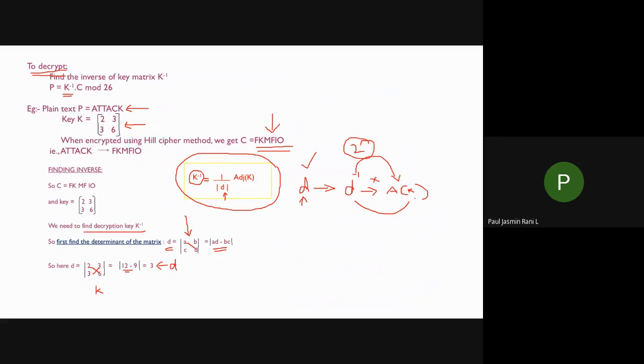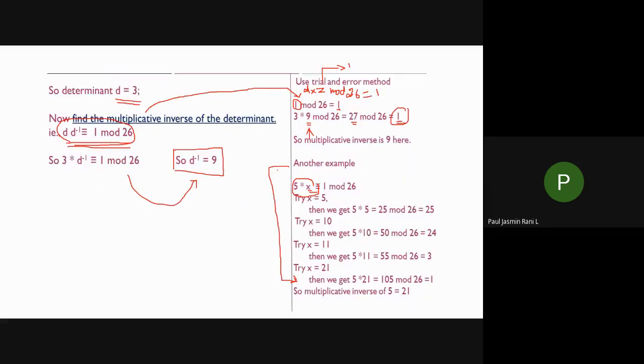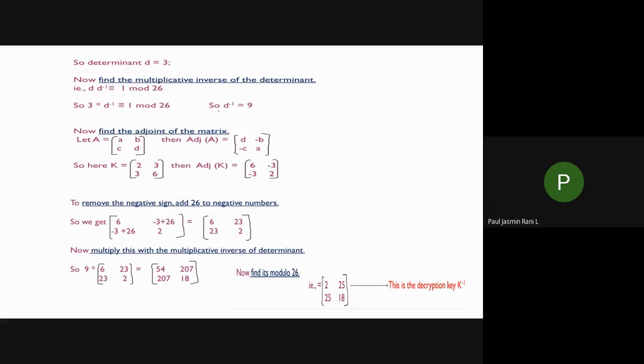Next you have to find the adjoint of K. How will you find the adjoint of K? This is the general syntax. If this is your A, B, C, D, a 2 cross 2 matrix, then for the adjoint of K, A and D should be interchanged, so AD is inverted as DA.